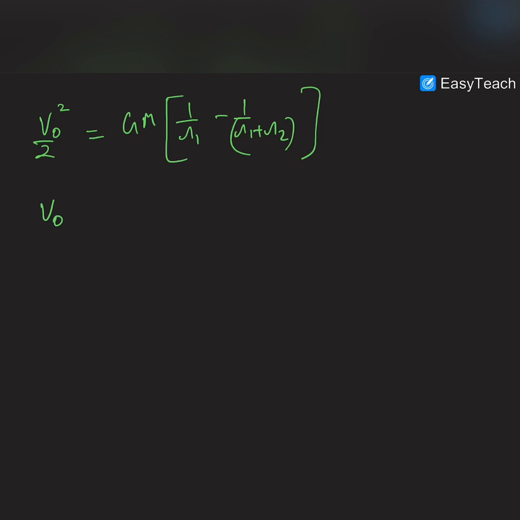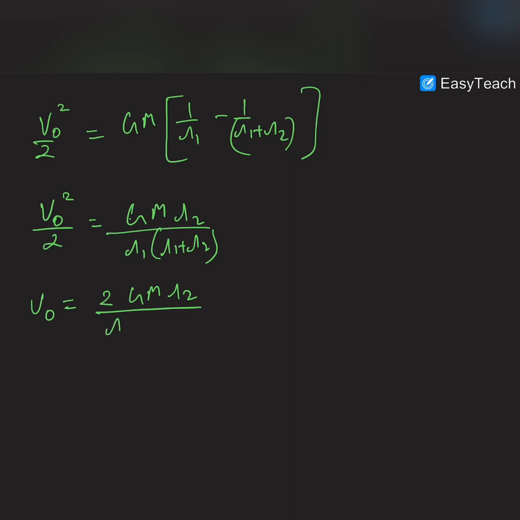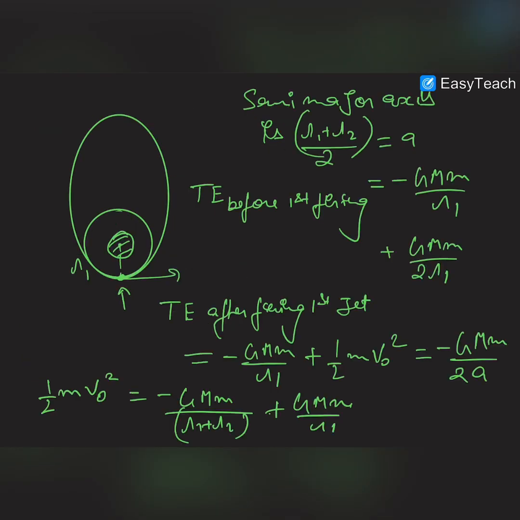Okay, so v naught square by 2 is equal to G m upon, this is r1 into r1 plus r2, and when I take the LCM, you can see it would be r2. So v naught is equal to the root of 2 r2 by r1 into r1 plus r2. This is the new velocity or the new speed